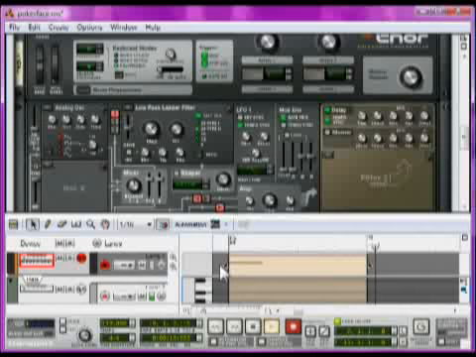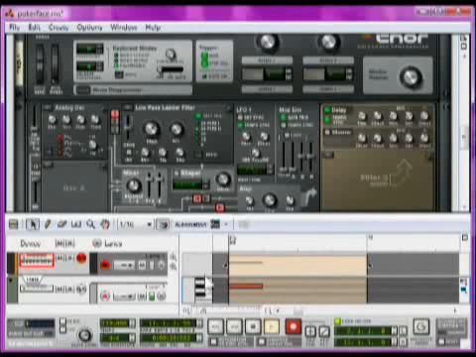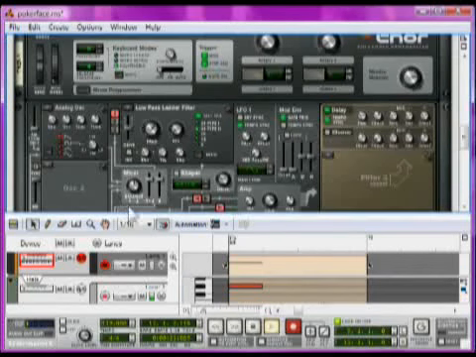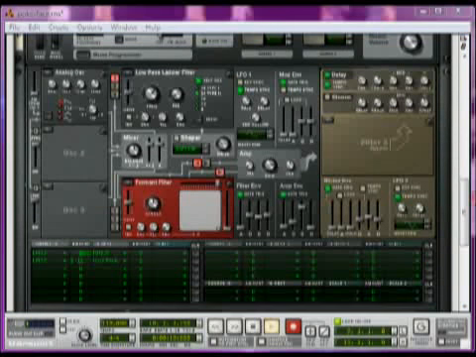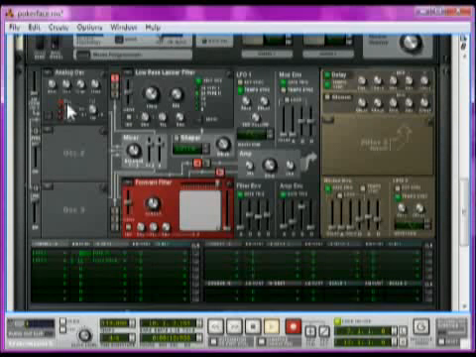There it is. Just one note. And I've made this using modulation bus routing, which isn't as complex as it sounds. For a start, I've made a simple analog oscillator, and it's going through a low-pass filter, and then I've routed this